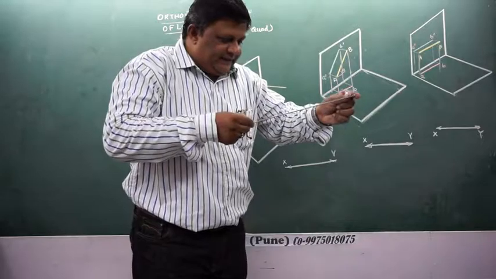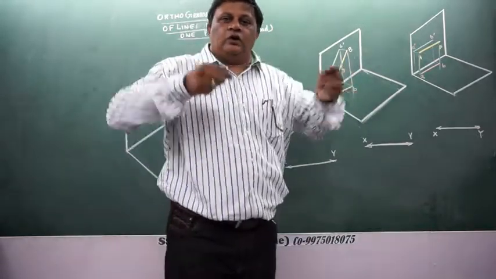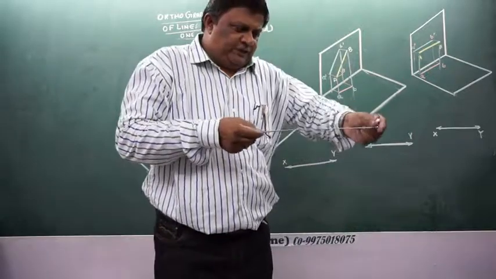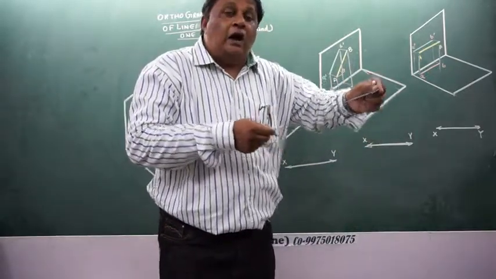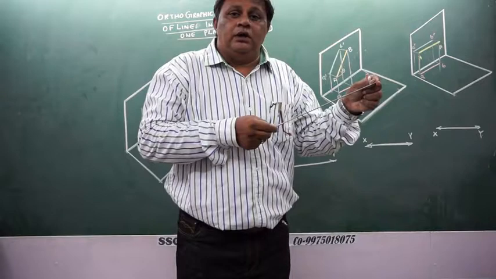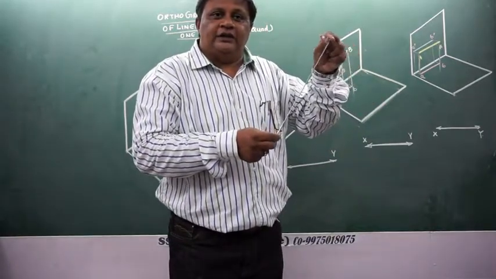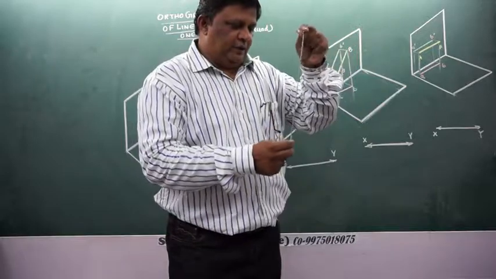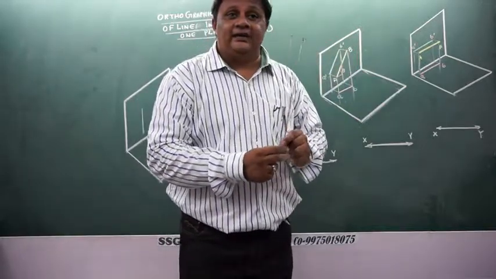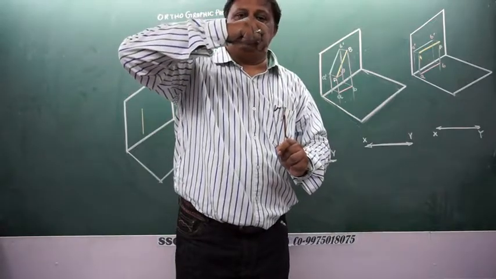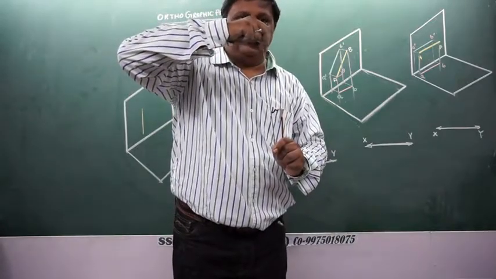When this line was inclining, say you are standing on a roof and watching someone lifting a pole like this. How will that pole appear to you? As if it is getting shorter and shorter. And finally, when this pole becomes exactly 90 degrees, you will be just seeing a point view.